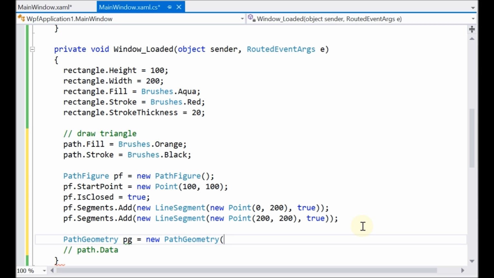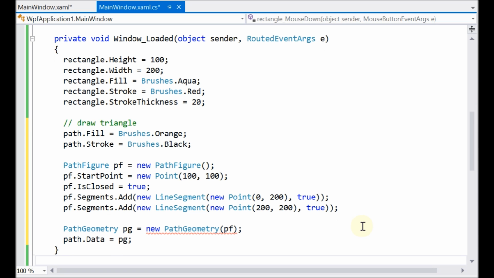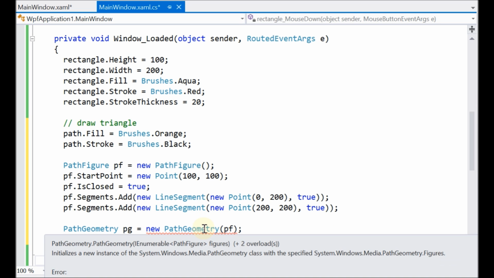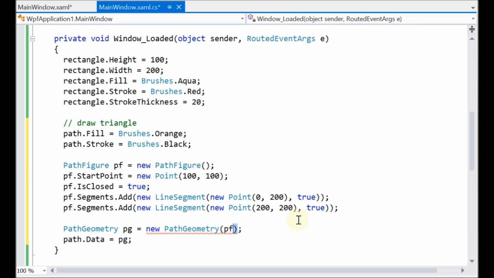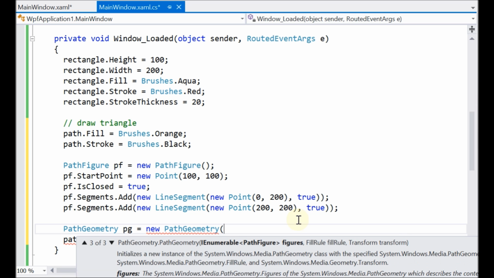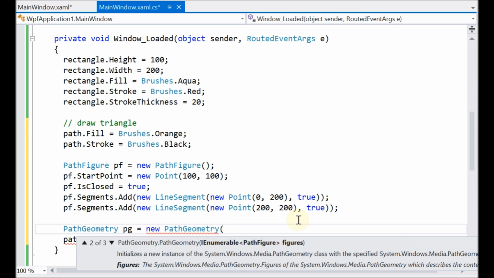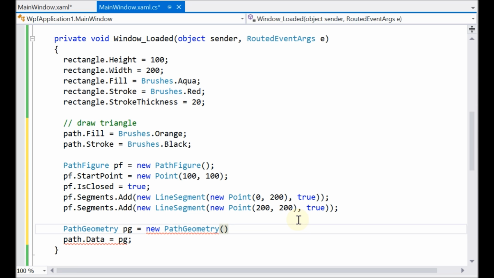Path geometry. Remember, path geometry can take the path figure. And then the path data is a geometry. So it's sort of like bottom-up coding. Oops, what's wrong here? Oh yeah, this is a bunch of them. Okay, so some mistake here. Oops. So why is that? Okay, let me go back. So you can see that it doesn't take a single figure, it takes a collection of figures. So that's why I can't just stuff it in the constructor directly, because it's a whole